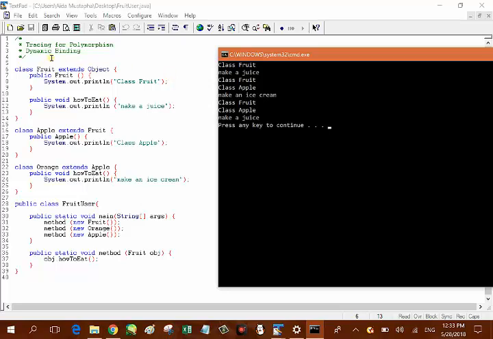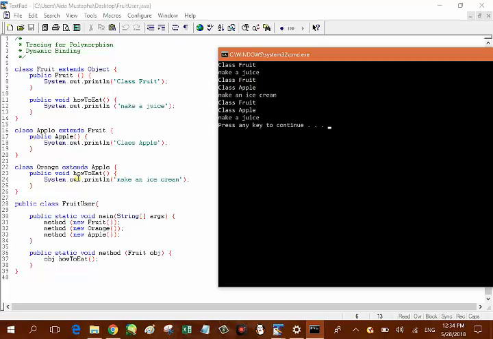Once fruit has been created, we return the control to the no argument constructor in class apple and we create apple. We create apple by printing out the line class apple. Now after we create apple, only then we come back to the main class fruit user, whereby at this line 33, apple now has been created. Now once we have the object apple, we are going to send apple to the method called method, which is